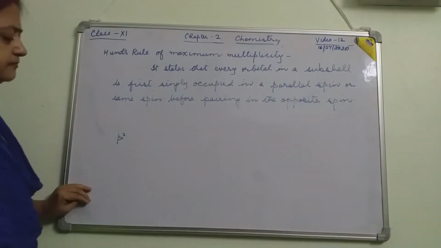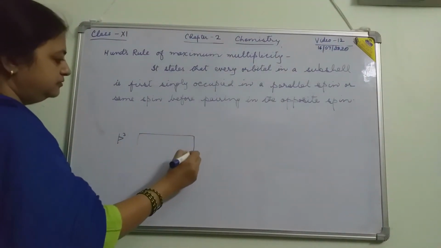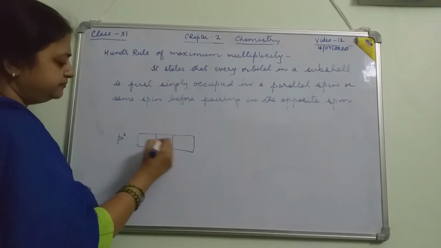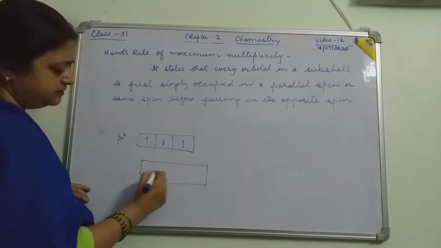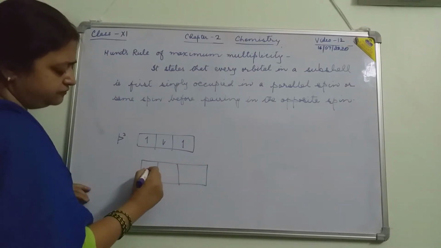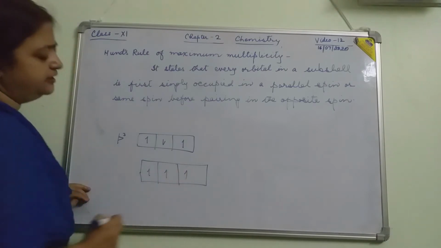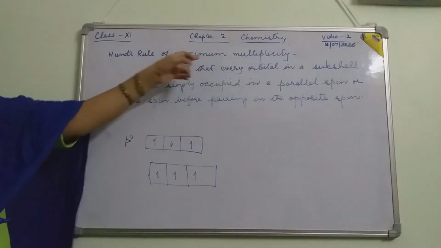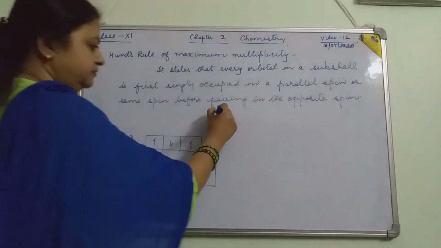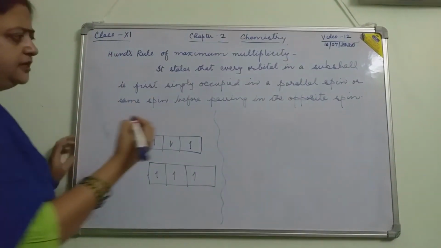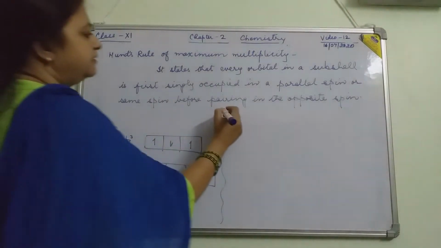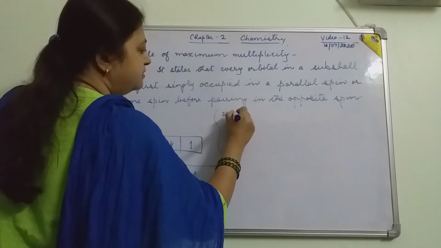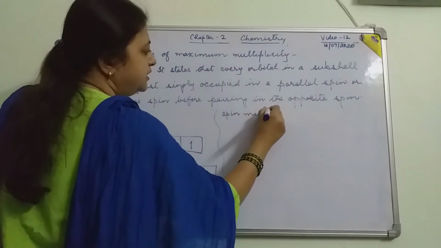For example, if you consider 3 electrons, 1, 2 and 3, and fill them, what is the maximum multiplicity? We can understand it as spin multiplicity